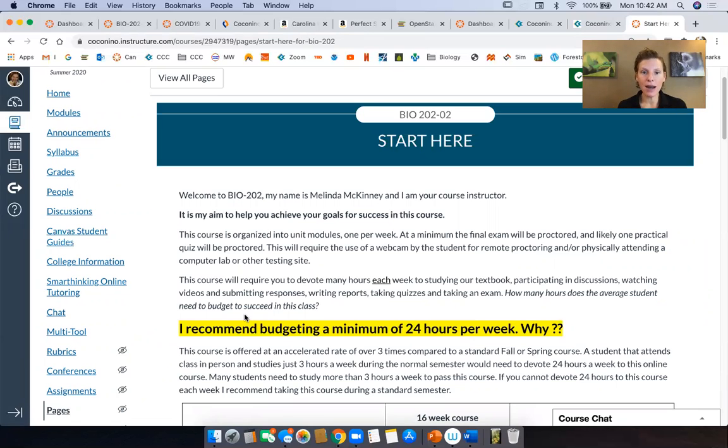So it's over 3 times the speed of a normal semester class, which is 16 weeks. So you're going to be doing 3 times the amount of work. We are not deleting information just because it's an accelerated class. So please be all in, make sure that you're scheduling your time and that you let people in your life know that you need to have time to do this and that it's a priority for you. Okay,